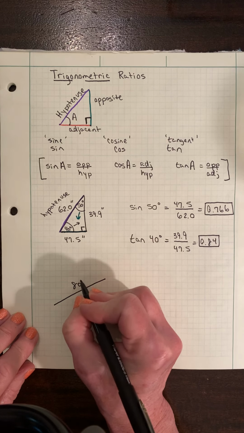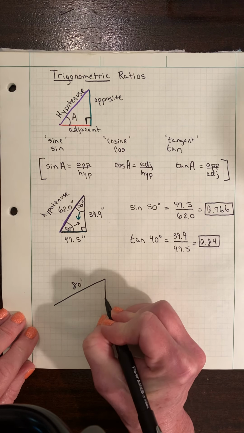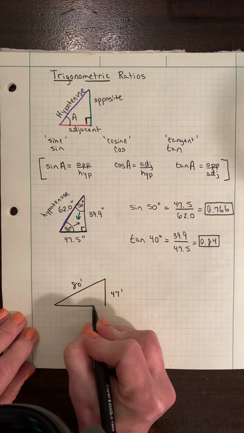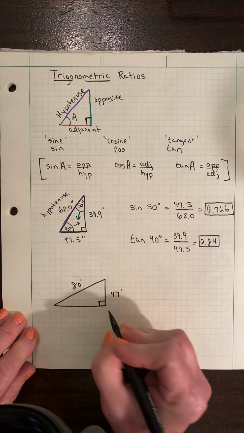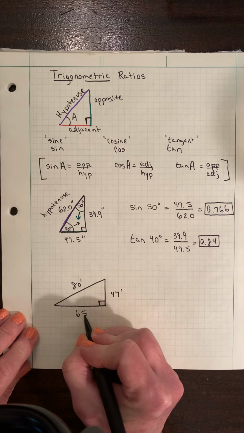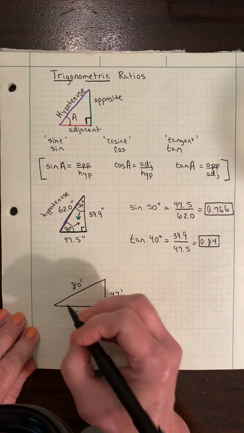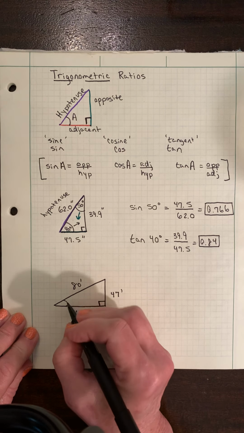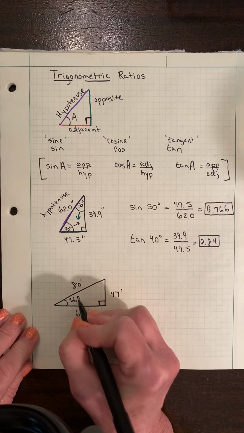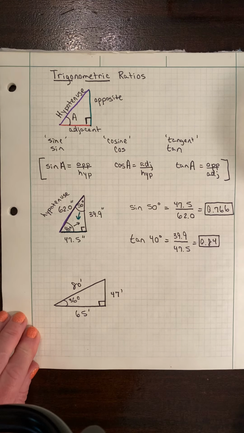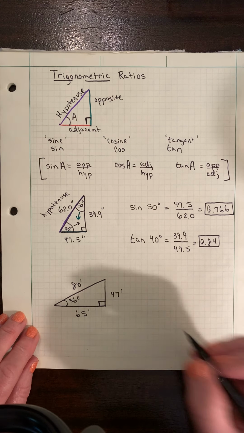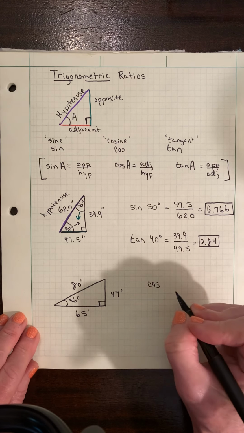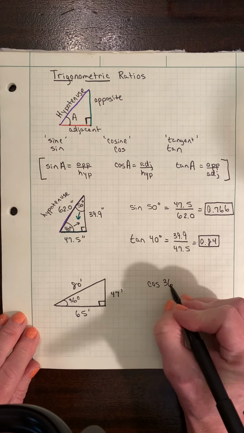a side that's 80 feet, and let's say that's 47 feet, and of course it's going to have a right angle, and let's say this is 65 feet, and let's say this is 36 degrees here. Okay, let's find a ratio. Let's say they're asking us to find the, we haven't done cosine yet. Let's do cosine. The cosine of 36 degrees,